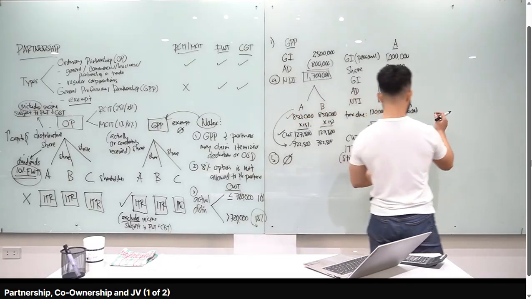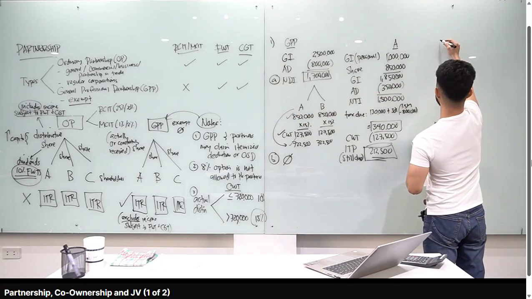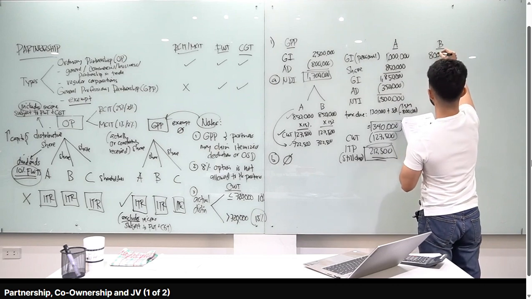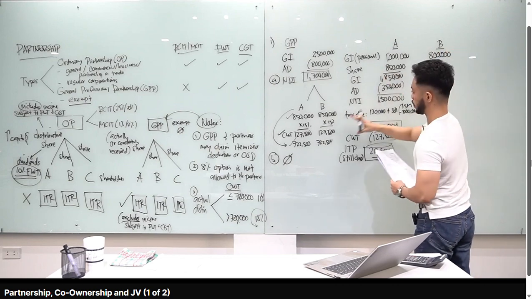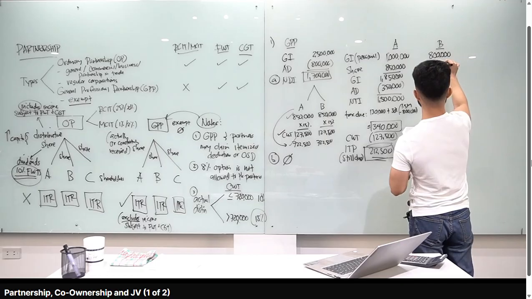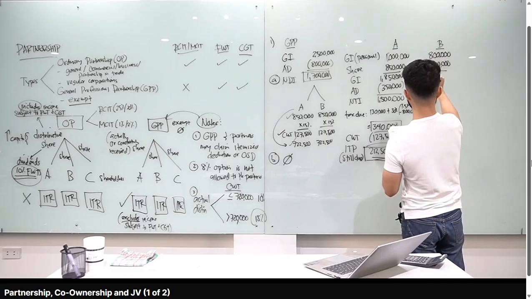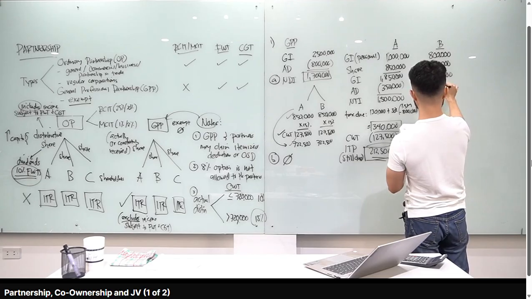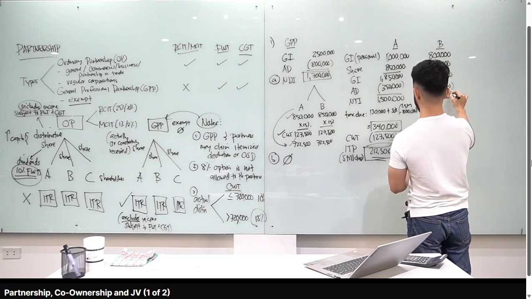Okay, so let's do the same thing for partner B. Ayan. Si partner B, meron siyang personal income na, nasan yun, 800,000. And then, meron siyang share, equal naman sila, so 850,000 again, 100% lalagay mo dyan. 800 plus 850, you have 1,650,000. Allowable deductions of partner B is 200. 1,650 minus 200, you have 1,450,000 net taxable income.